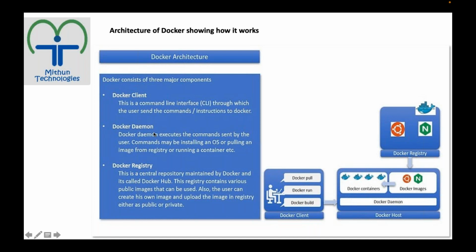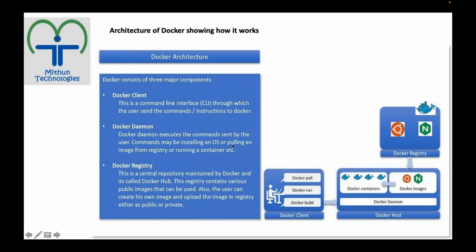So what is this Docker daemon? The Docker daemon is basically a software or process. So Docker daemon will execute the commands sent by the CLI.